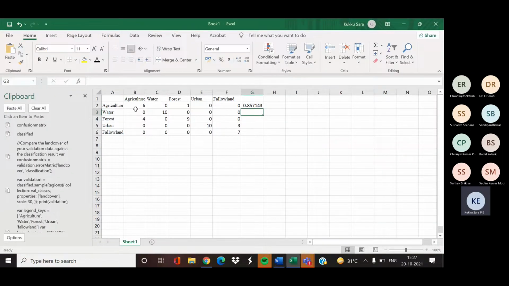That is simply the number of correctly classified pixels, that is your diagonal pixel, divided by the row total. That will give you the user's accuracy. So this will tell you in the classified image how much each class is accurately classified. So that is user's accuracy.